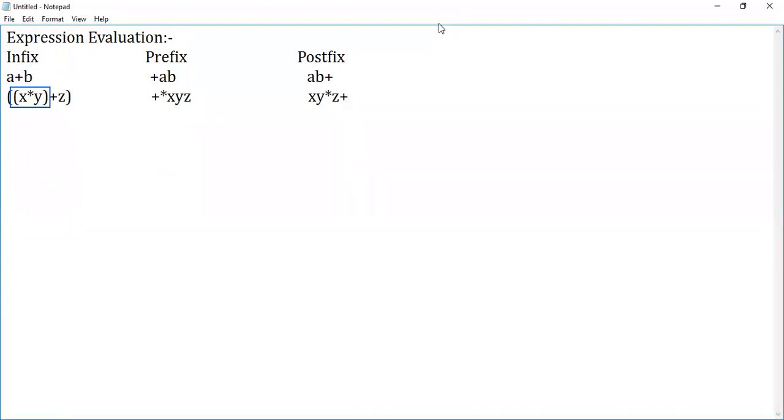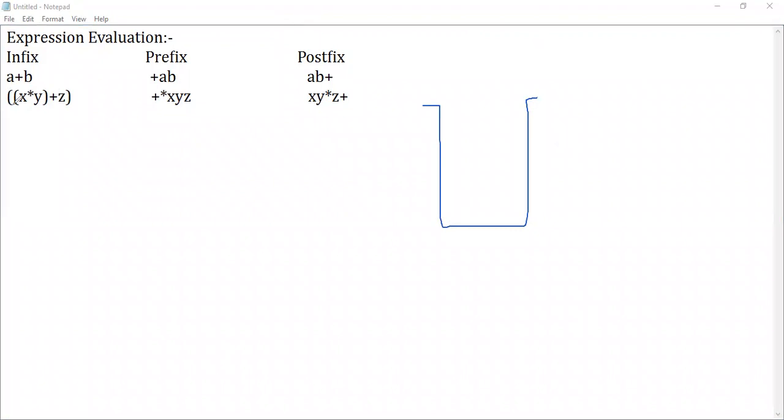The same expression can be solved by using a stack also. I'll tell you by stack for postfix. Prefix will be a little confusing. For postfix, listen carefully. A stack memory will be like this. And here, what is the expression? You can notice the postfix expression. Infix to postfix, you're going to see here. Just a minute. Let me bring this one down.